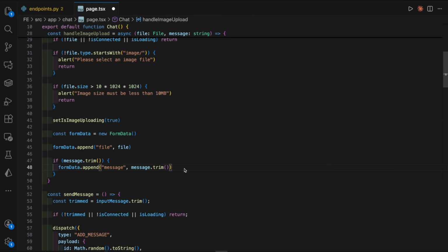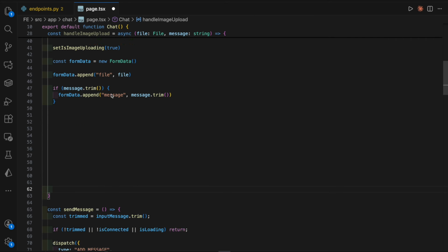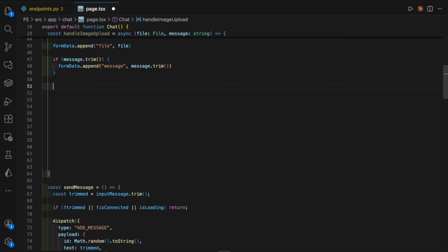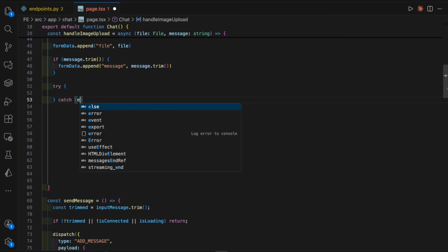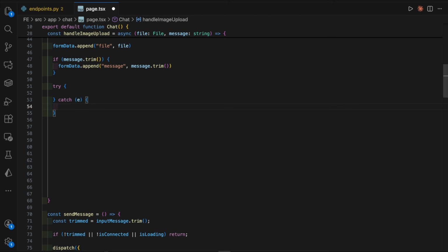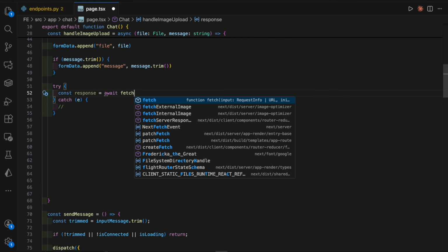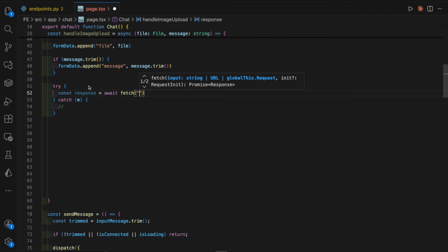And so now that we've done that, we can actually try to send to our backend. So I can open up a try, catch e, just leave it empty for now. We'll handle that later. So in the try, we can send a POST request to our backend image upload endpoint. So const response equals await fetch. And in here, we can put in our endpoint. So HTTP localhost